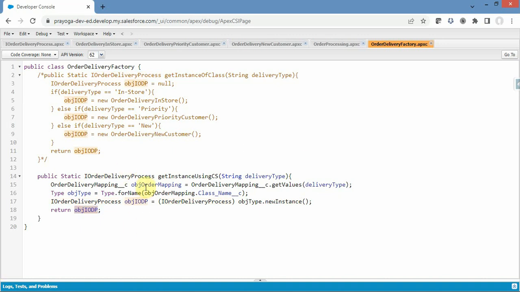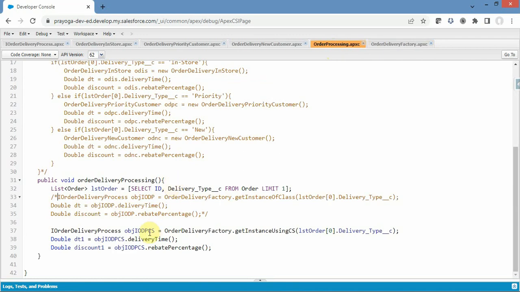So now you no need to write the if else if condition, and you just need to create your new class and create a particular value in your custom setting. You are all set. You no need to change the factory class, you no need to change the main class. In the main class, how you can invoke that one, it's same. You use order delivery factory, and you need to call that particular method by sending the input parameter as delivery type, and then you can call delivery time and rebate percentage using this particular